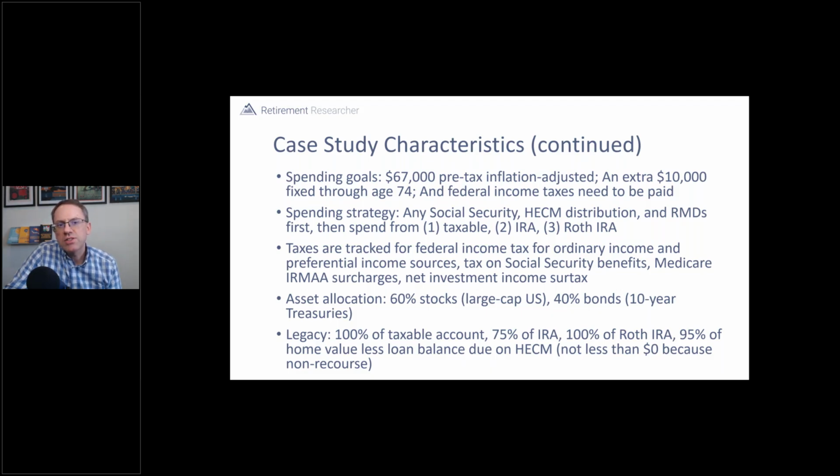Now, this particular household isn't wealthy enough and doesn't have a big enough spending goal to worry about the Medicare IRMAA surcharges or the net investment income tax, but I am also tracking those. It's just in this case study, they don't have to pay higher Medicare premiums or the net investment income surtax. Their asset allocation is 60-40, and at the end of the retirement, any leftover assets, the legacy will be defined